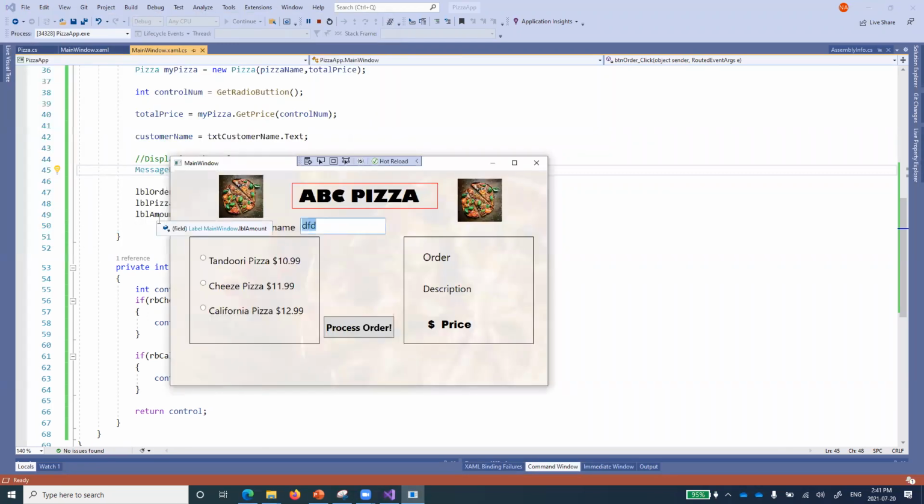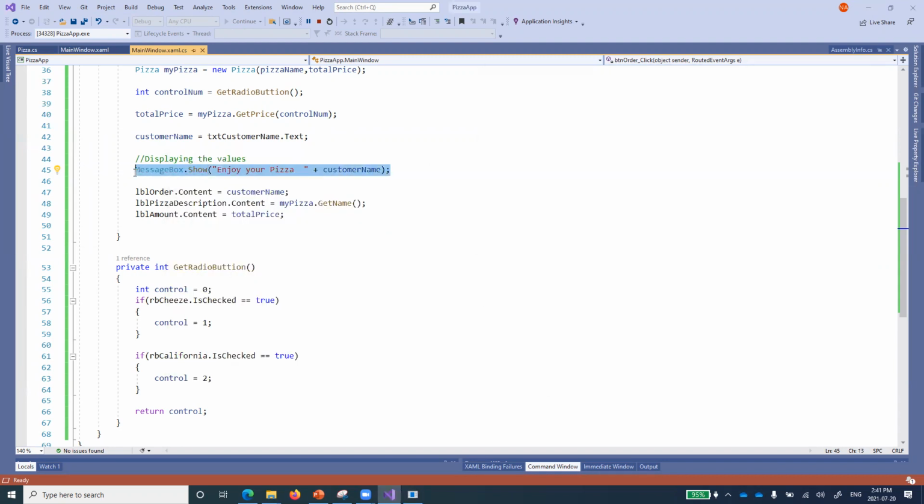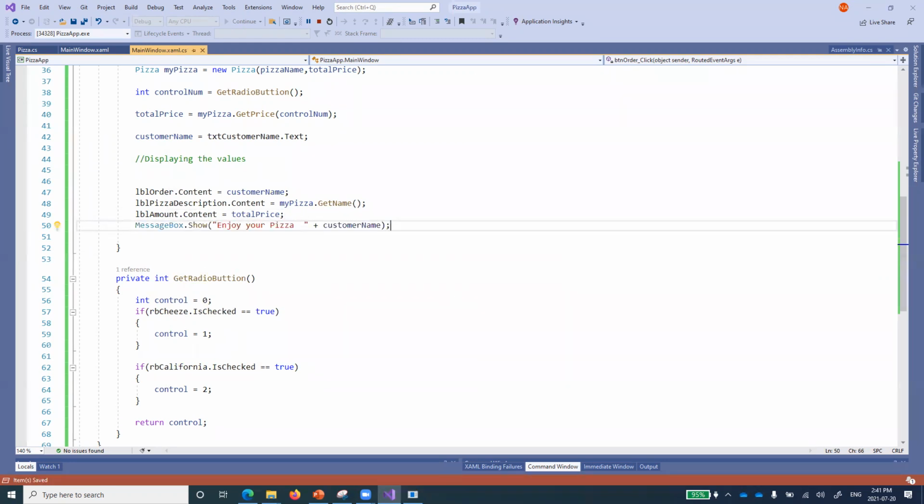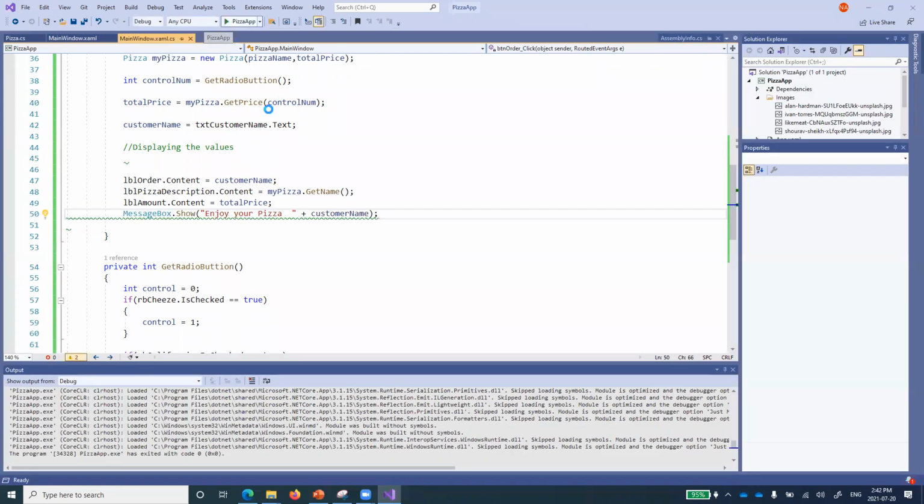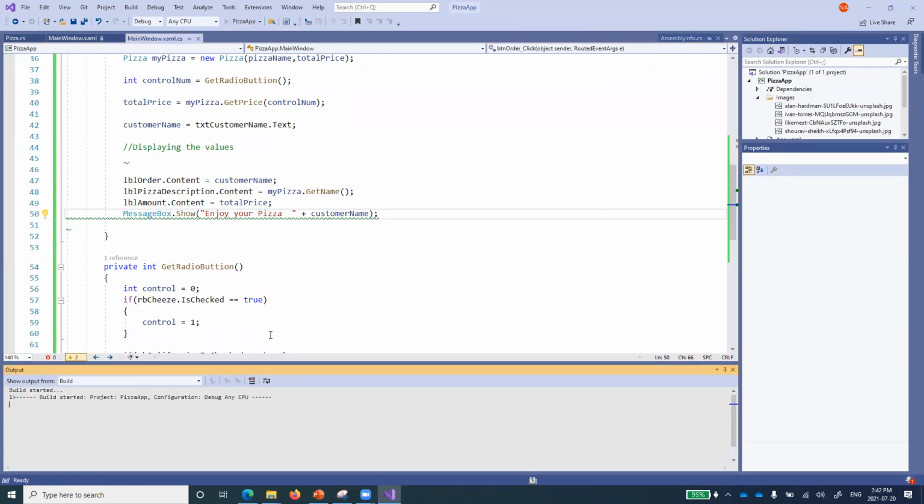So let's put it, for example, Abhinav, any name that comes in front, and I say cheese pizza. So you enjoy your pizza, Abhinav, and after that it will display all those things. It's always good to place this after that, because you need an action on that one. So it should now run after that one, right? So it should now show the right output.